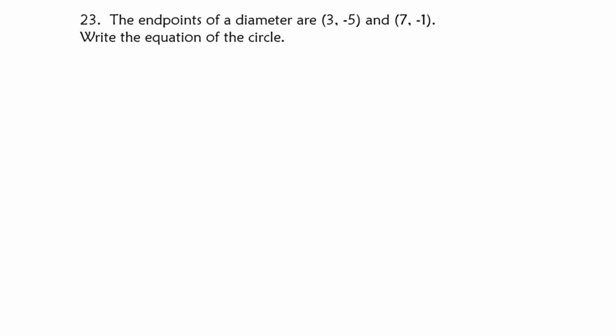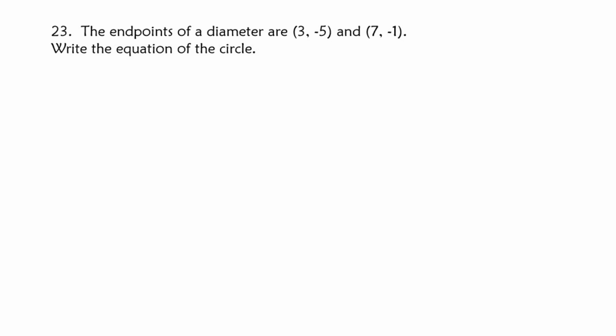All right, this problem says the endpoints of the diameter are (3, -5) and (7, -1). Write an equation for the circle. So we know we have some circle here, right? I'm given these two endpoints here. To write the equation of the circle, I need to know the center and I need to know the length